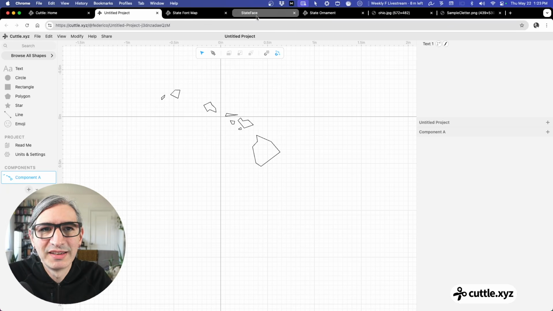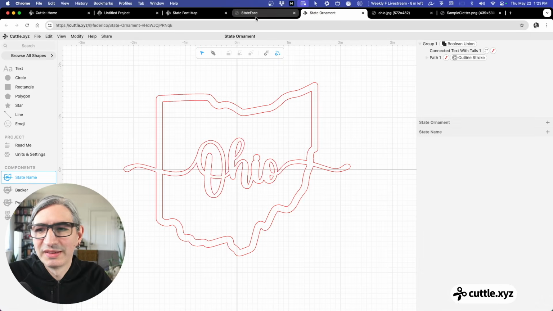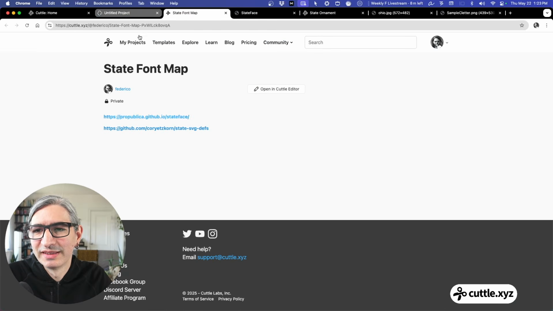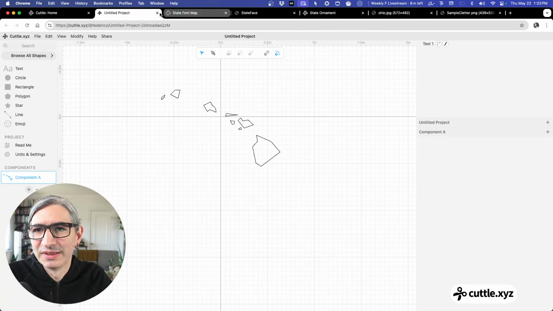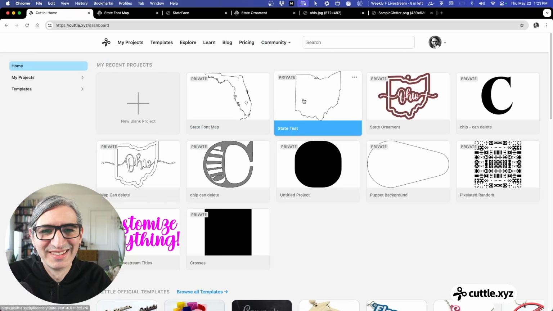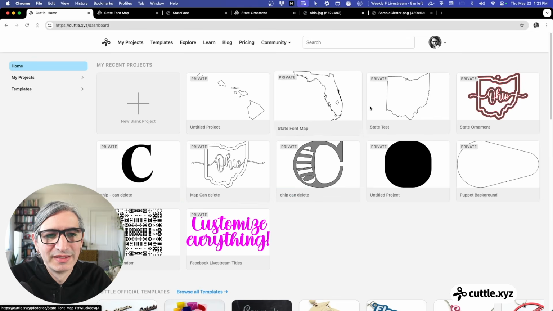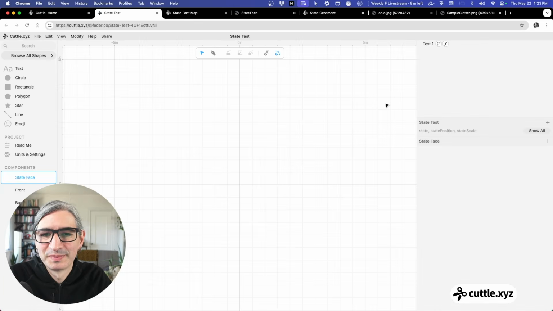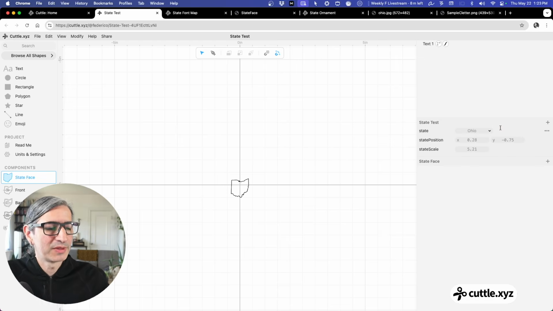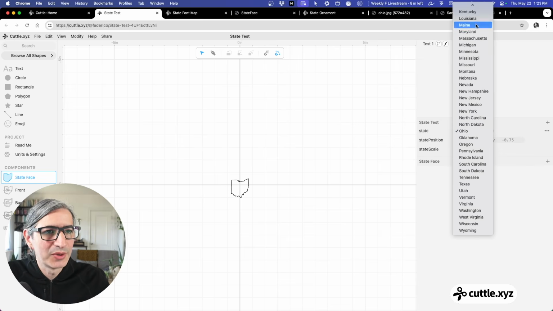I did try to use it. So wait, let me find it. State test. This one, yeah. I went down the rabbit hole of adding a selection component here